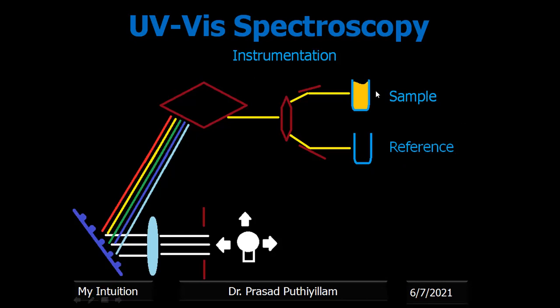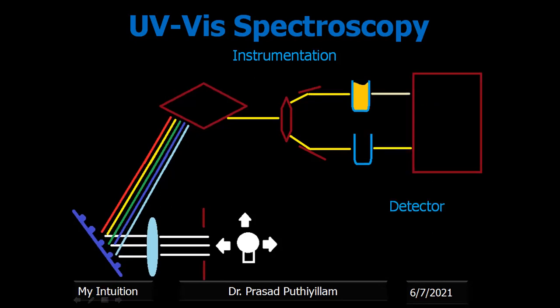Then we can check how much of that light the sample absorbed. Here I represent it with a lighter color, because some of the light got absorbed. Again, don't go by the color of the sample and the color of the ray. I have not given a contrasting color here; the same color is there. Practically, that is not perfect. Only to understand the concept, I represented it like this.